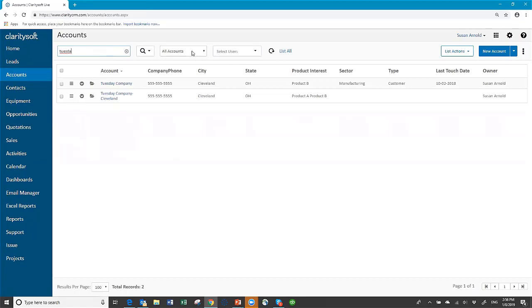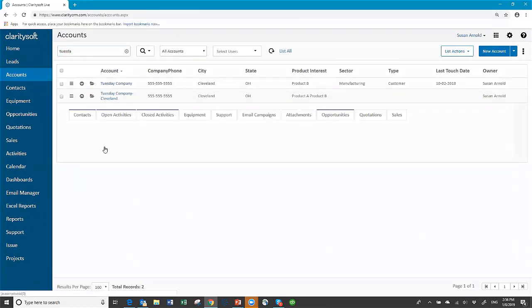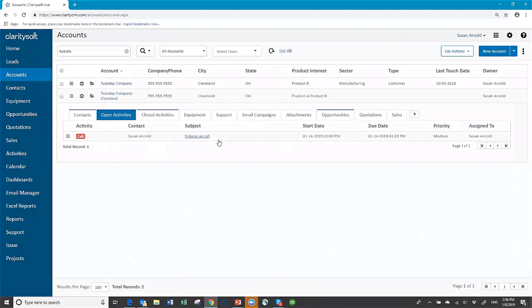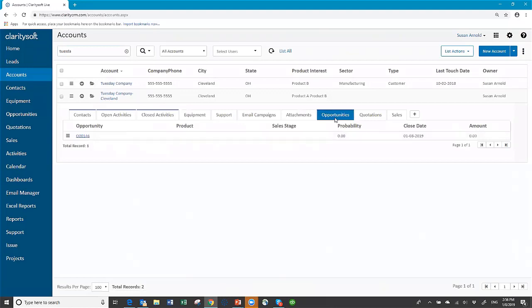That's usually the problem. So here's Tuesday Company, the old one. This one is the one I just created, and notice it has Cleveland next to it. So this is how I can differentiate them, okay? Now, if I click on this button, this is called the expand button. I see the contacts. I see the call that I have scheduled. I see the call that I made. And I come over here to opportunities, and I see the opportunity record that the system created,